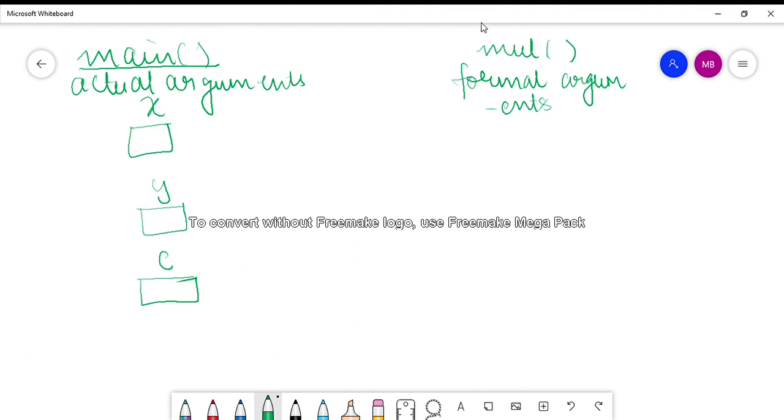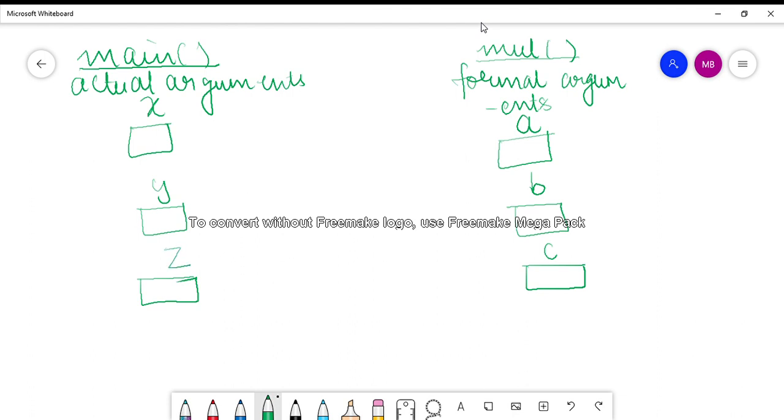But even on a temporary basis, you are allocating memory space to separate variables. In the function mul, you had a variable a, a separate space for that variable, then variable b, a separate space, and then the variable c, a separate space. In the main function you had the variable z, right?